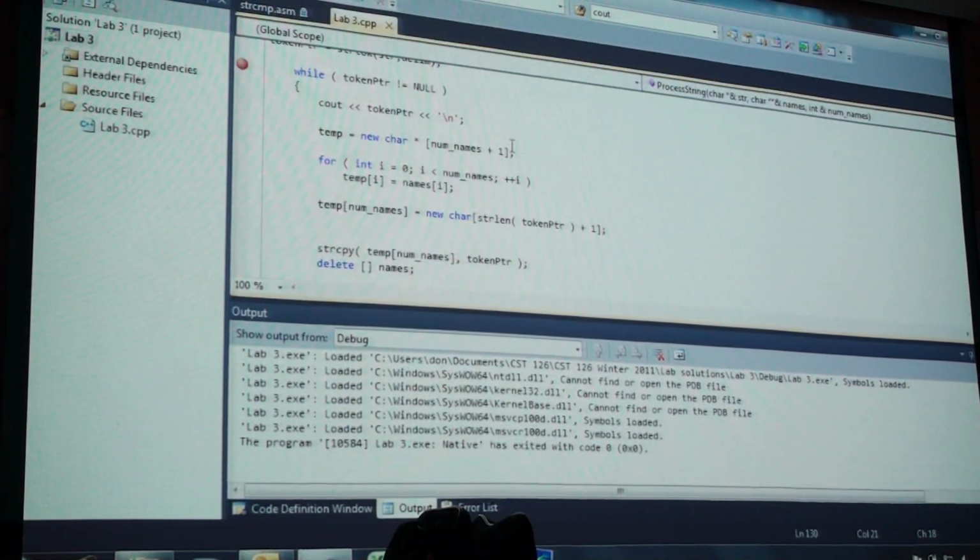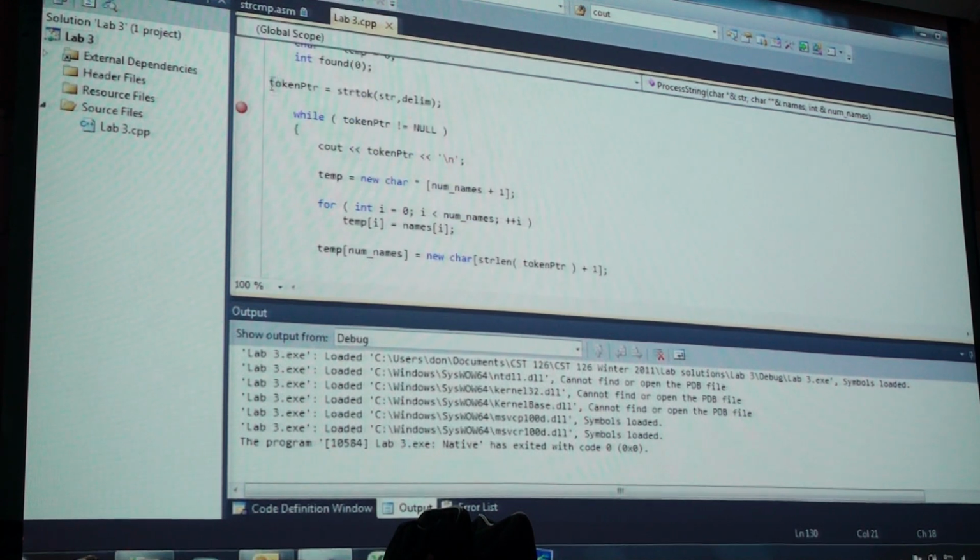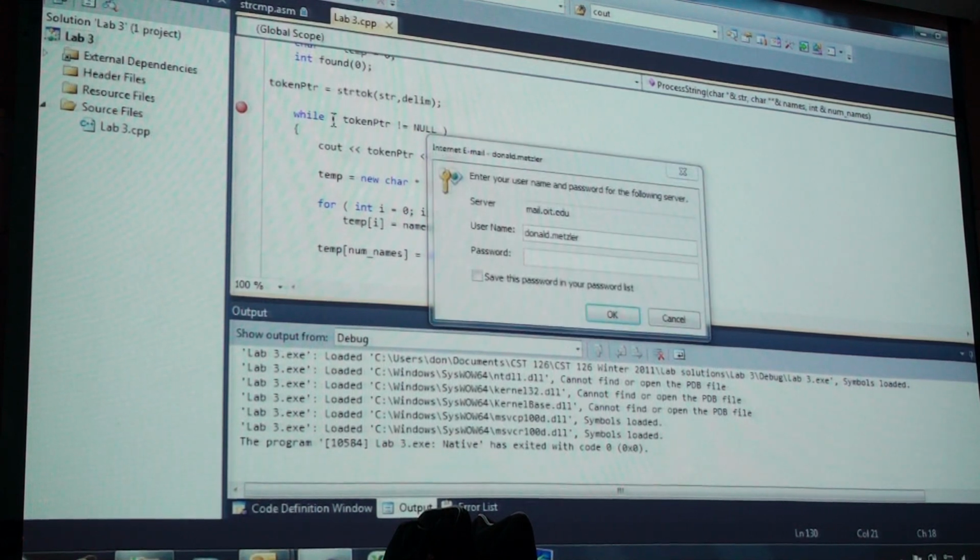All right. We talked last time, string token generates a series of strings each time it's called. In this case, whatever is in delim is the delimiter. String token will return us the string that is just before the first occurrence of whatever delimiter is. And we say while it's not null, when it's all done, string token generates a null here. And so while we're not done,